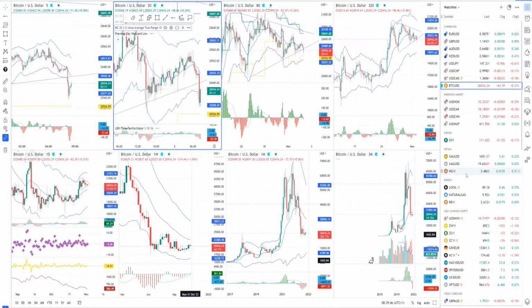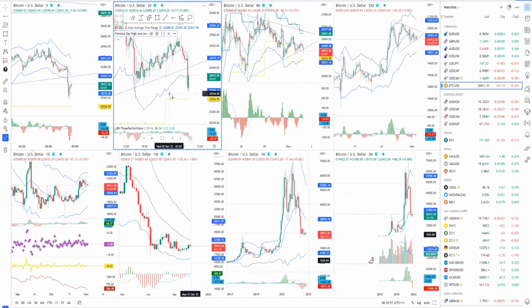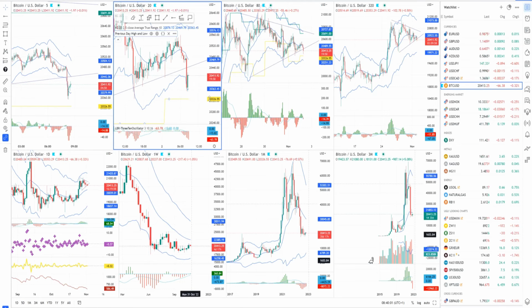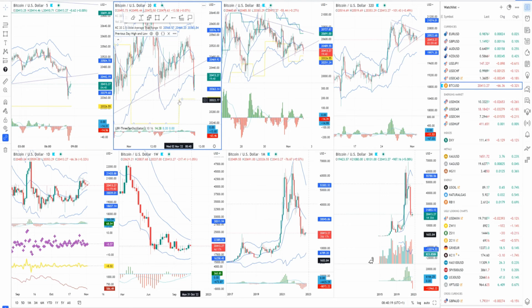And speaking of Bitcoin, there is a breakout of this range, but the problem is we still didn't take the previous day range. We need to see if the market can clear the 20,326 mark. So far the market is still within the previous day range, and for anything bigger to the downside, I would like to see the market break the previous day range, so another upside or downside. So far we started this breakdown, but we still sit in this previous day range.